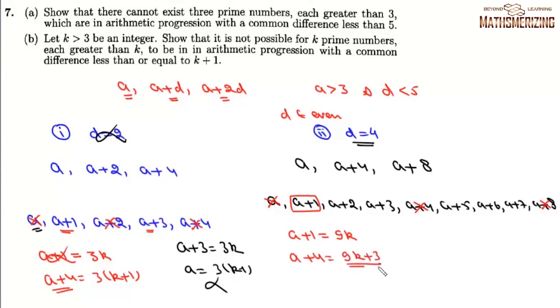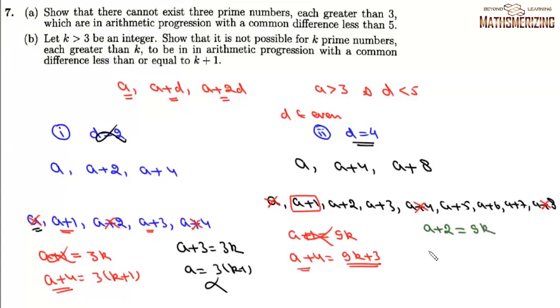Now 9k plus 3 is divisible by 3. That means this a plus 4 will be divisible by 3. Now a plus 4 is a prime number. So that means this a plus 1 cannot be a multiple of 9. Now we consider a plus 2 a multiple of 9, we can write a plus 2 equals